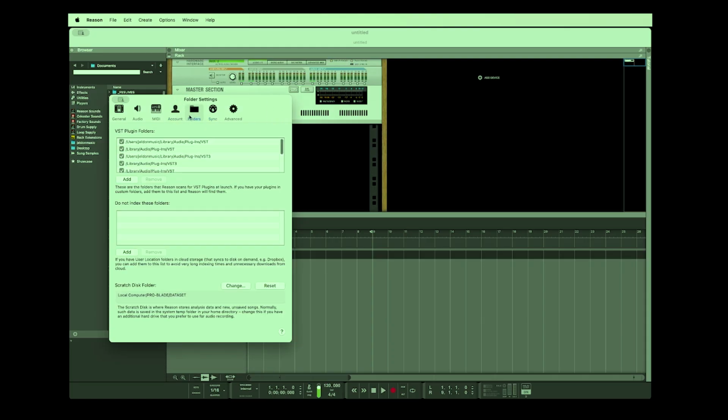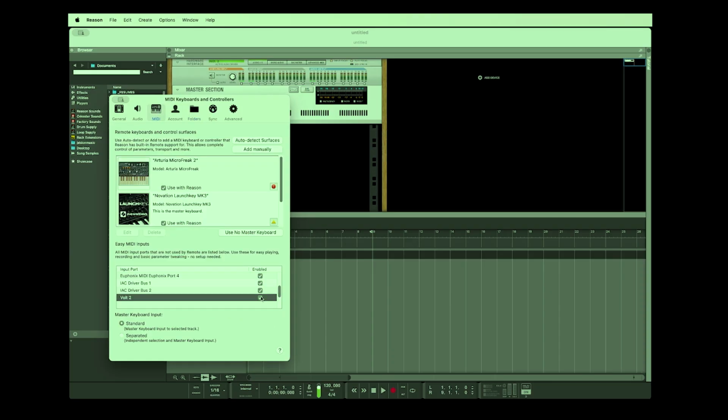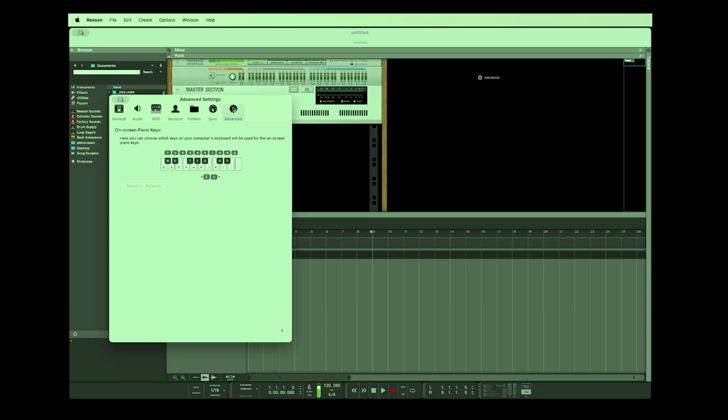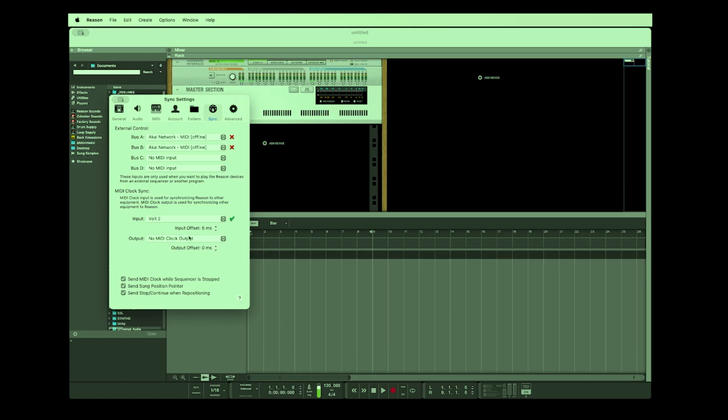Let's go back and turn the MIDI of the Volt back on. There must have been some kind of error that was going on. So now we have the Volt 2 input, which is going to bring in the MIDI time clock, but it's not necessary to go out because we're not going to control it, right? But we don't